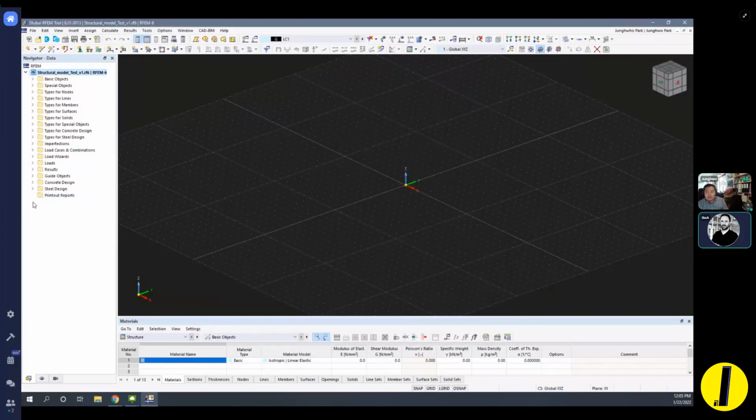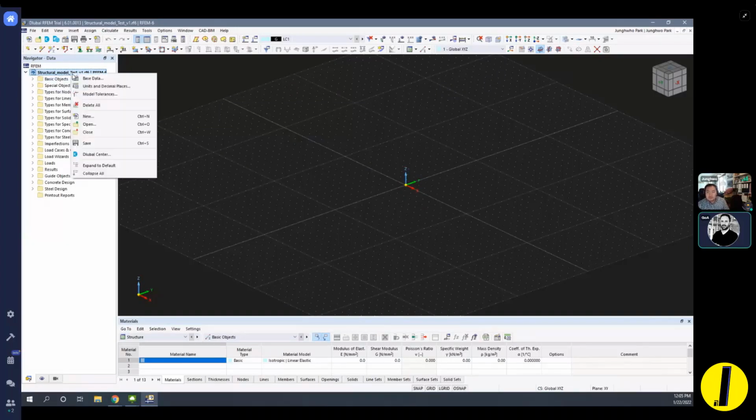You have them all listed down here, which are available for you, and you can activate each one which you want to use, or deactivate them. Now you have the option to choose them at the start. So if you see what I'm doing now, when I open my model or create a new one,